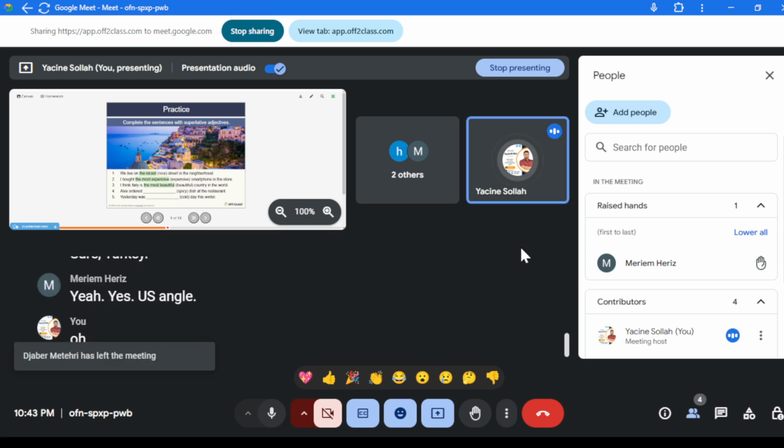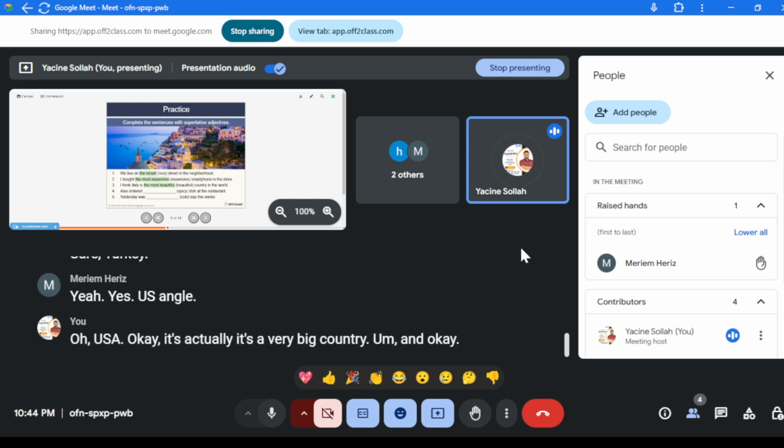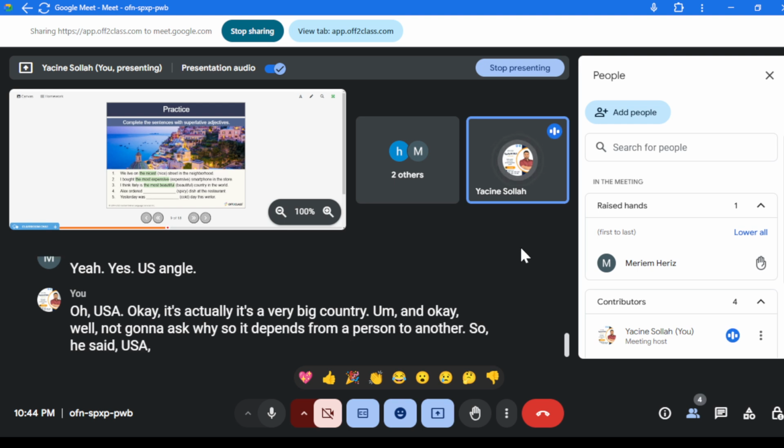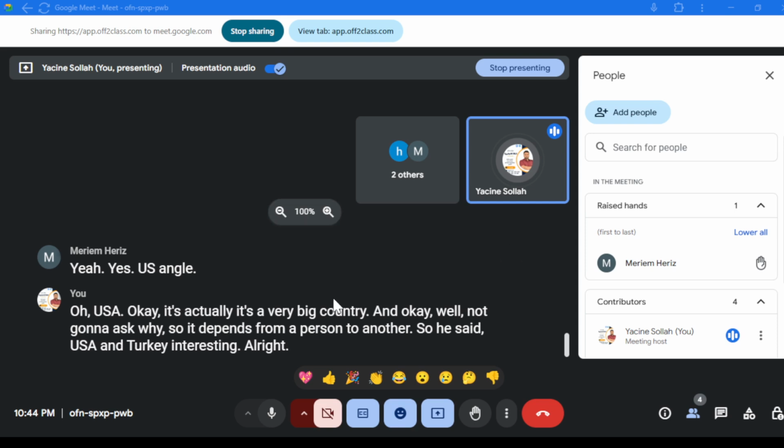Yeah, USA. Okay, actually it's a very big country. Well, I'm not gonna ask why. So it depends from a person to another. So you said USA and Turkey. Interesting. All right, let's move on to the next